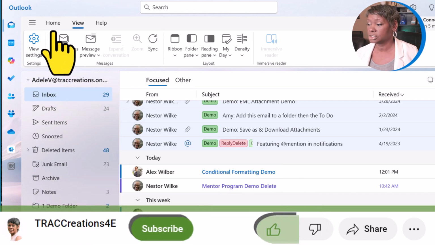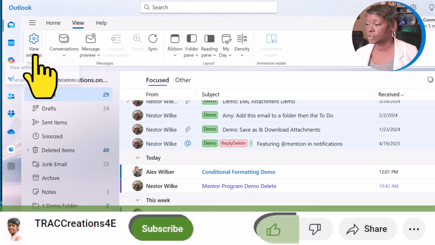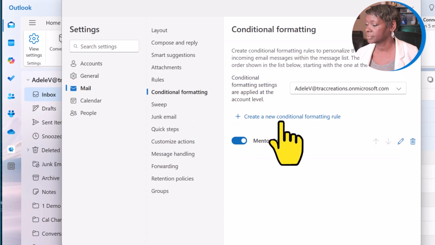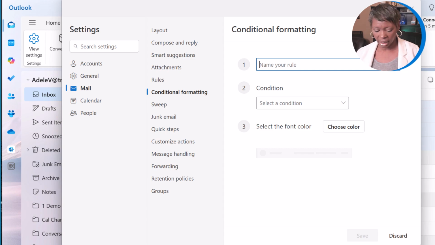We're going to go through those steps again. View Settings, Conditional Formatting. We're going to create, and I'm going to type in Alex because I don't get a lot of emails from Alex. He's really important. He's the big guy in the company, and anytime his messages hit my inbox, I want to know about it, right? So we're going to go and choose Conditions